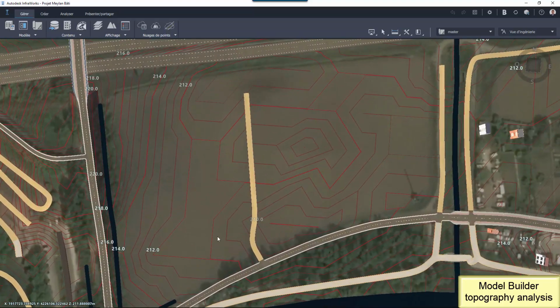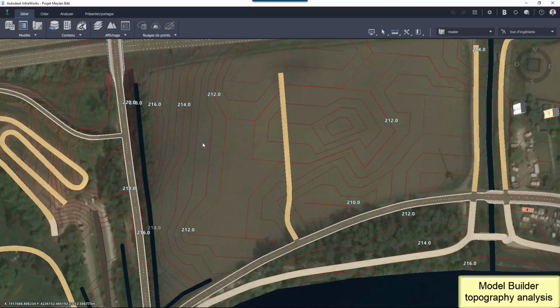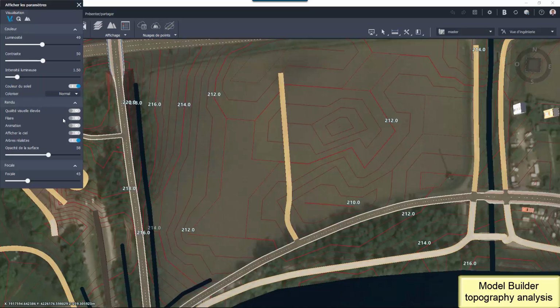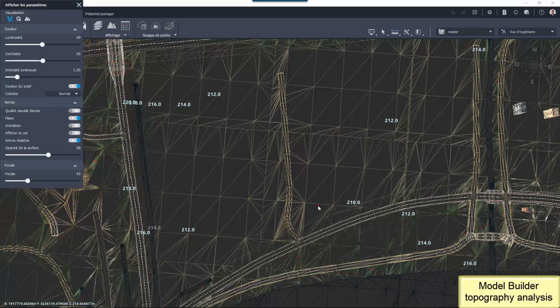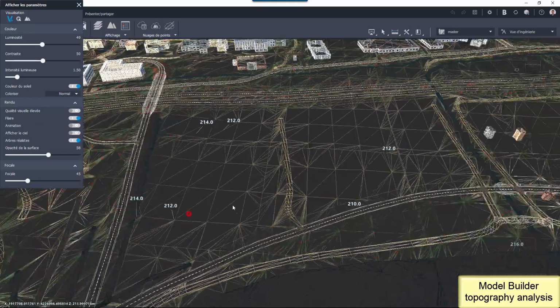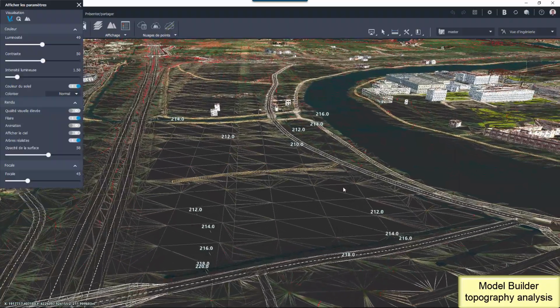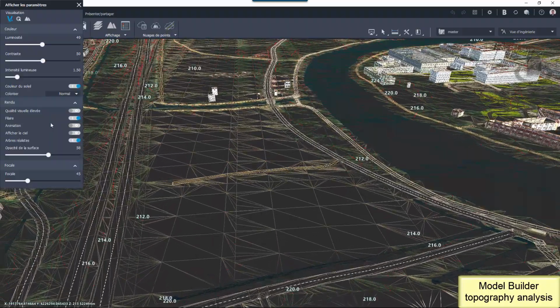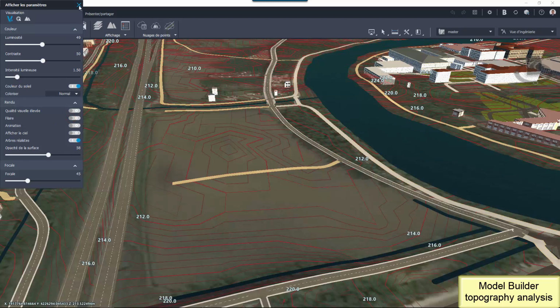It's also possible to display the triangles to check the density of the points, which are the vertices of each triangle. In the project area, I know that the ground near the river is flatter than the ground from Model Builder, and I want to replace the ground surface with a more accurate one.